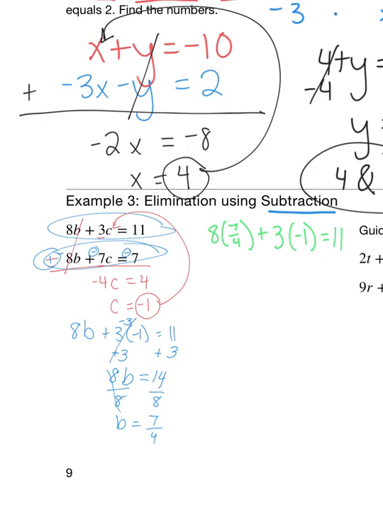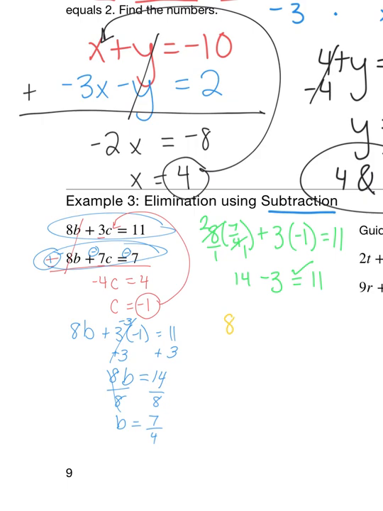Okay, so if I'm going to check to see if this is true, I can make this a fraction and cross cancel. And that gives me 14. And then minus 3, which equals 11. Okay, so that checks. But in order for it to be a solution to both of them, you technically have to check